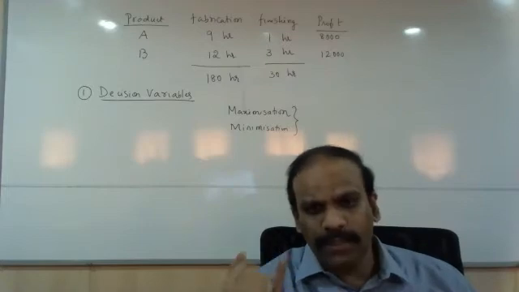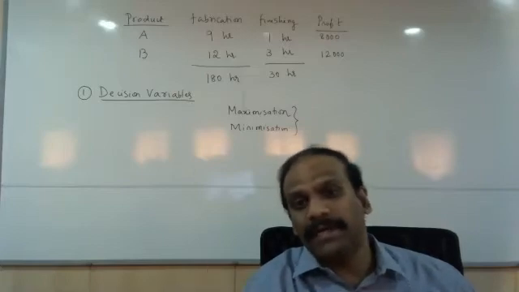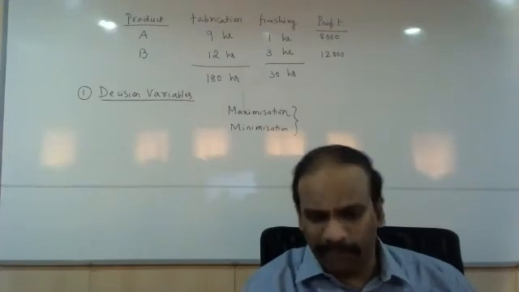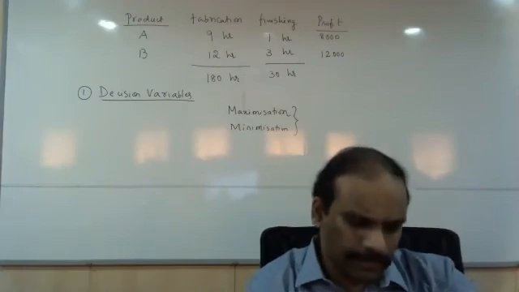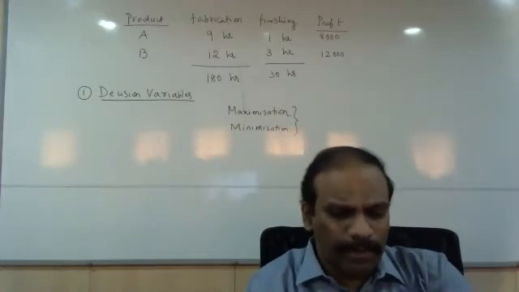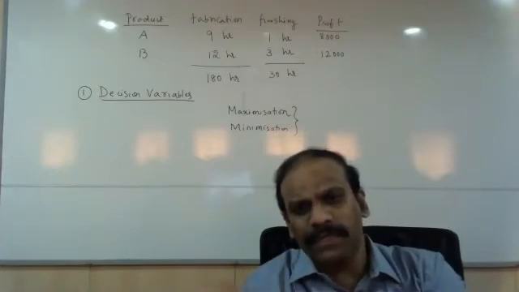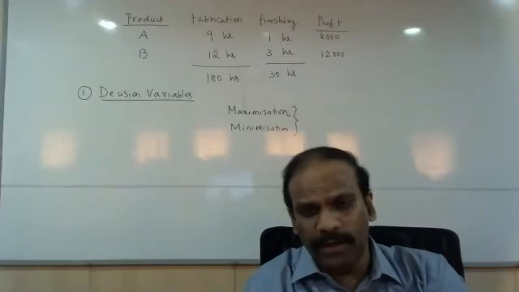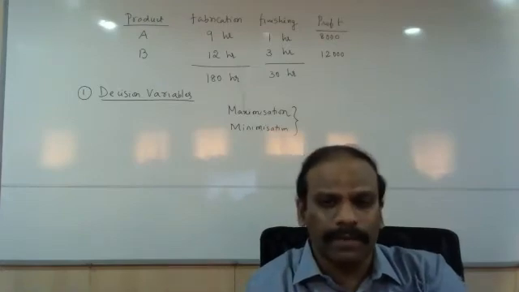So loss, number 2, cost, number 3, reduction of labor time, and somebody messaged liability. Liability reduction also is something which the companies would consider. Anything else? Sir, reduction of raw materials used for the finished product. Reduction of raw material may not be an ideal example always, because if a company wants to increase profitability, they would go for procuring more raw material. We can take wastage instead. Wherever there is a possibility for reducing waste, that's perfect. But raw material reduction as a whole cannot be taken as a minimization function.